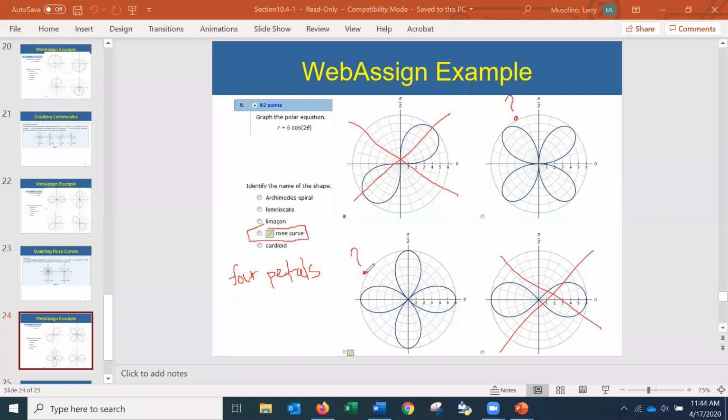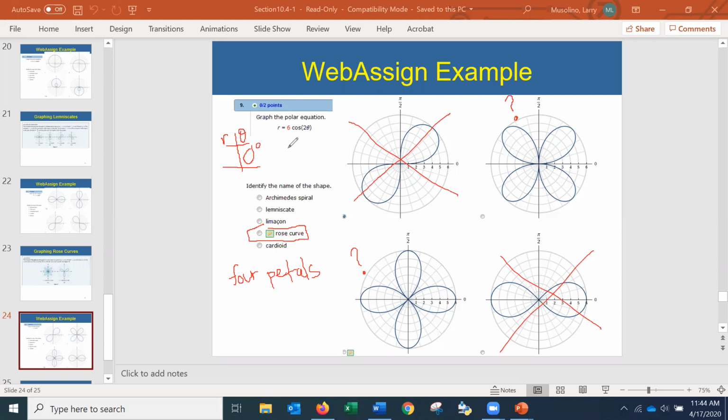Well, to help me decide, how about if I make up my own little r comma theta table? And I really don't have to come up with too many lines in this table. I really only need one or two lines in order to rule out one graph or the other. Well, let me pick one example. How about if I pick theta being 0 degrees? That's usually an easy angle to work with. So I'm going to pick theta equals 0 degrees.